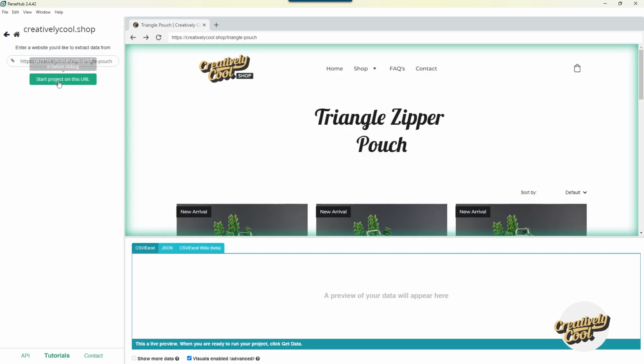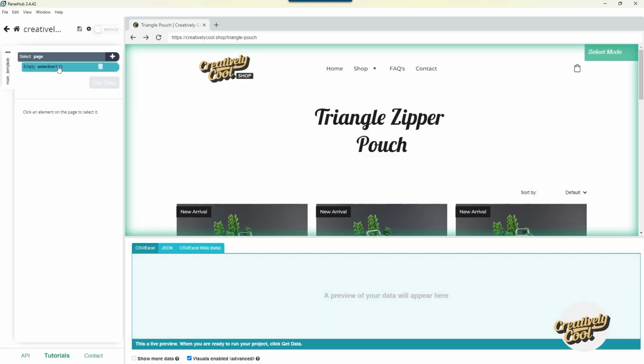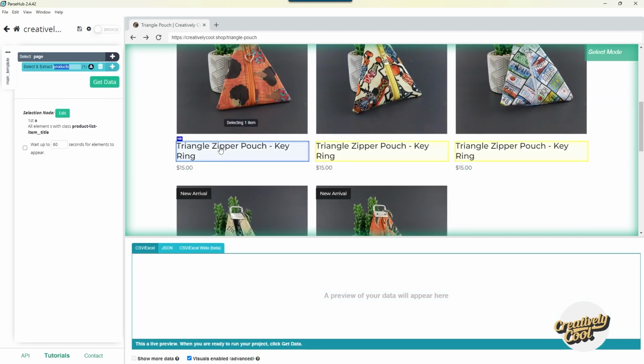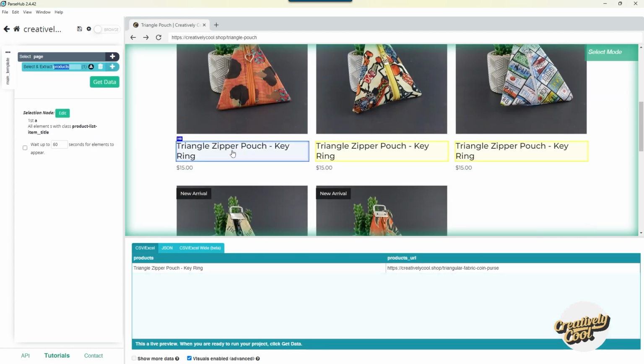Then you hit here, you hit start the project. I'm going to call this, it's like a link tree, I'm just going to call this products, give it a name, and then it's just simple. You're in the select mode, and it's just really as simple as, all right, let me select this tag, which